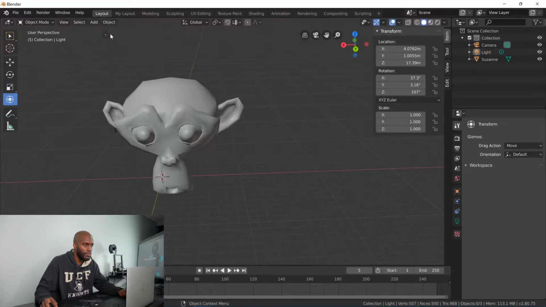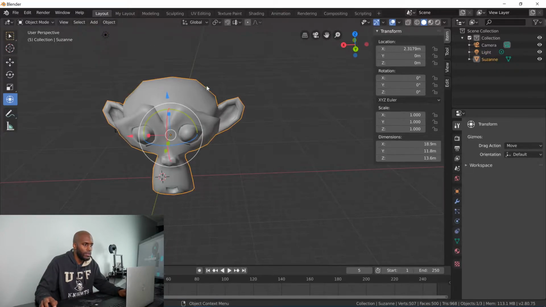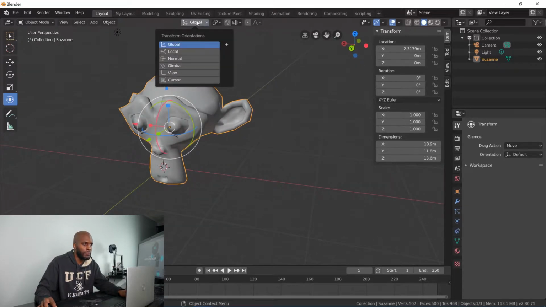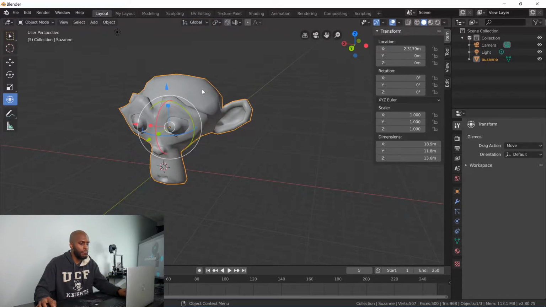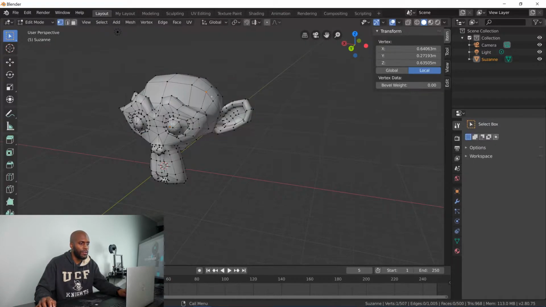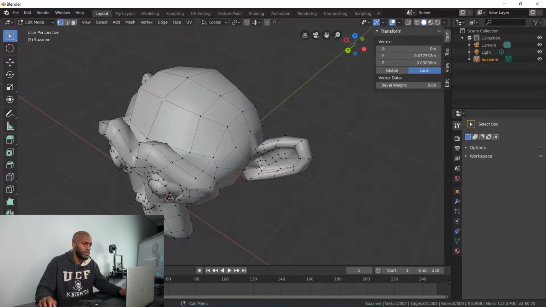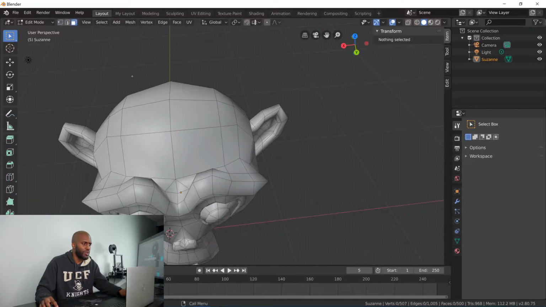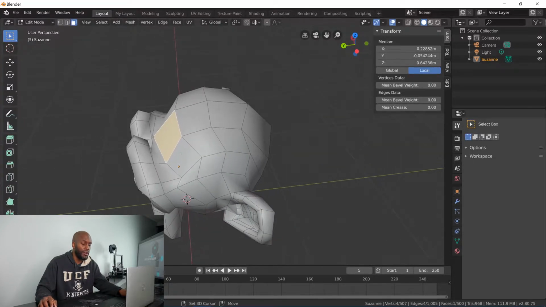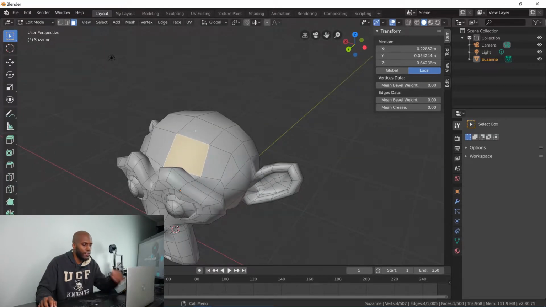So with the monkey head selected, what I want to do is some transform. I want to show you what this transformation orientation is about. So we have the global, which is not usually the best in object mode, but let's say we were in edit mode. I guess it'll be good in object mode as well, but it's just easier to explain in edit mode right now. So you have global